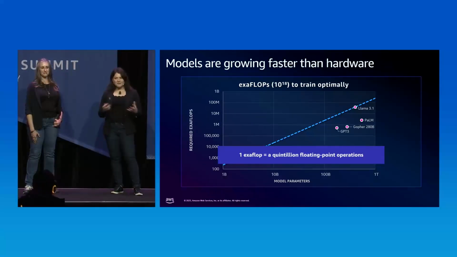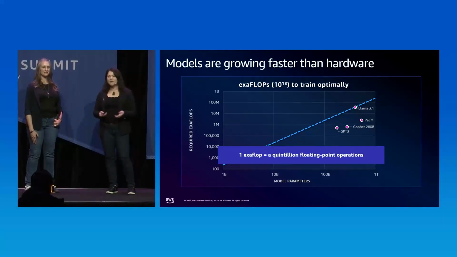So just to think about that, right? If a person were to match this amount of computation, if you were doing a calculation every second, basically one calculation every second, you'd be doing it for the next 32 billion years. That's how much computation is required. And if we look at the Llama 3 models here, this required tens of millions of exaflop,